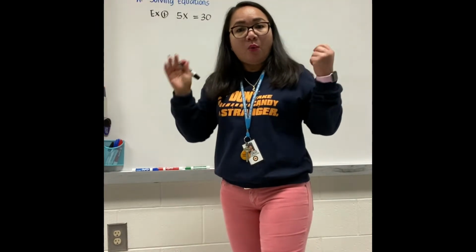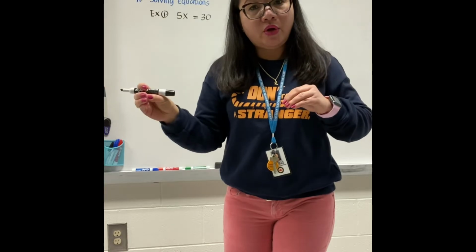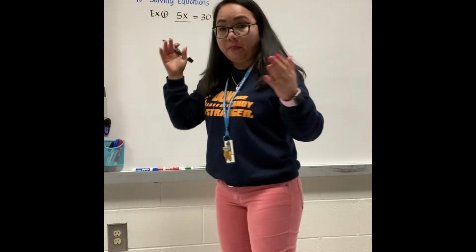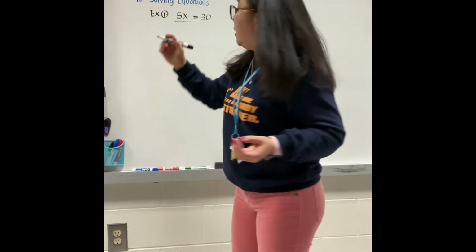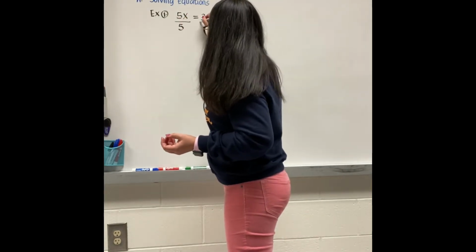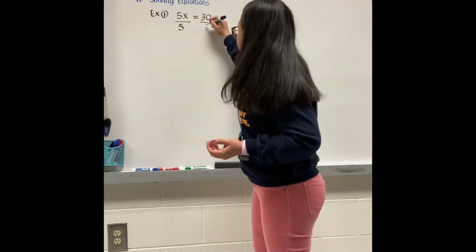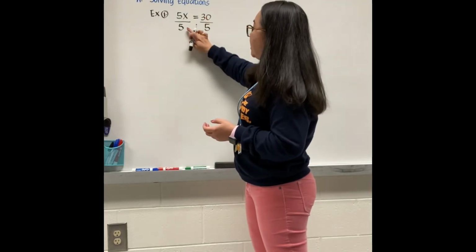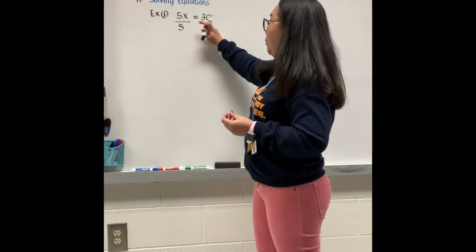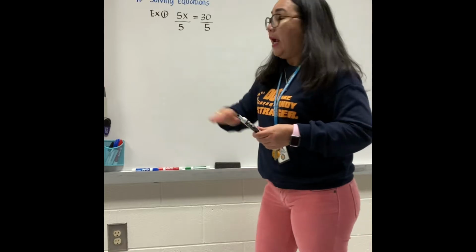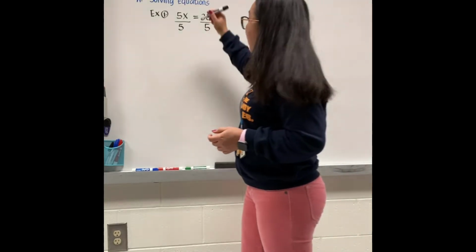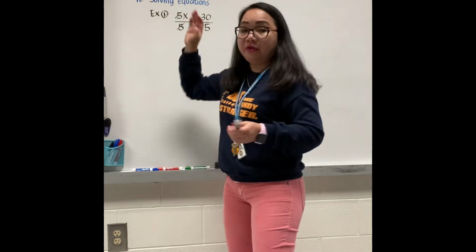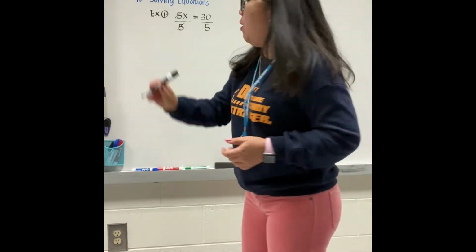So that means whatever is multiplied to your unknown, you divide by that number. Be sure that whatever you divide on this side of the equation will be the same number that you divide on the other side. So next, we have 5x divided by 5 is equal to 30 divided by 5. In this case, we can cancel out 5 and 5, because 5 divided by 5 gives you 1.